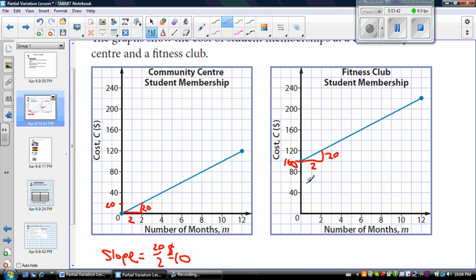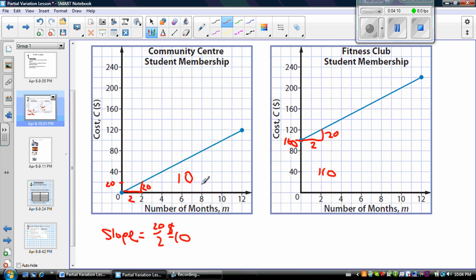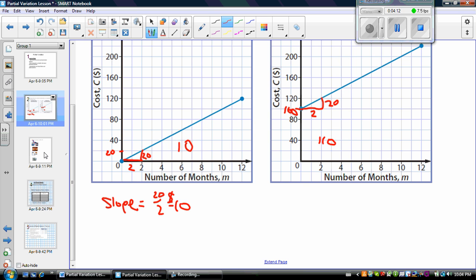So what does that mean in terms of, let's say, 1 month? For the first month at the community center, I'm paying $10. Over here, after the first month, I'm paying 100 plus 10, so 110 total. So here I'm paying 110 for the first month. Here I'm only paying 10 for the first month. Big difference, as you can see. Let's take a look at a few more examples